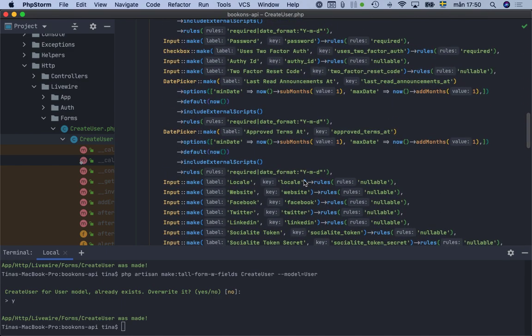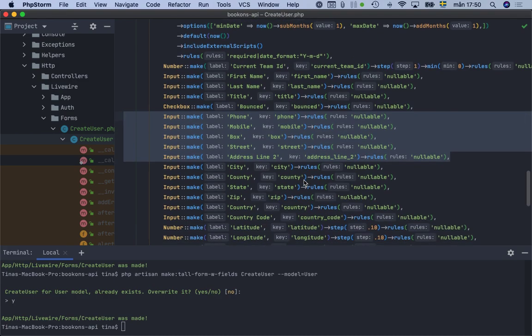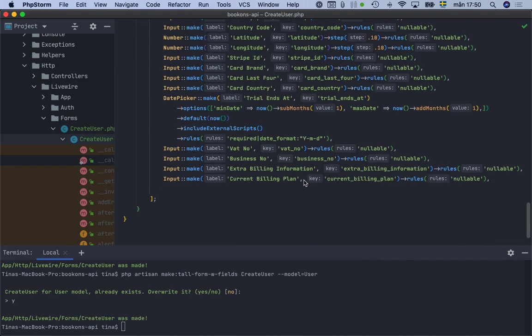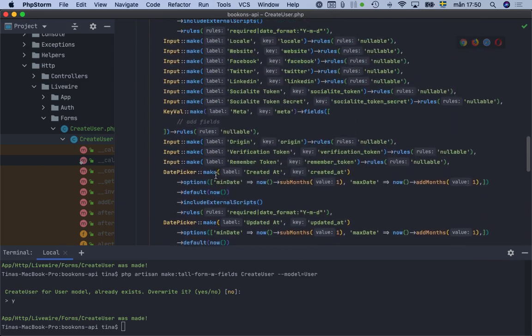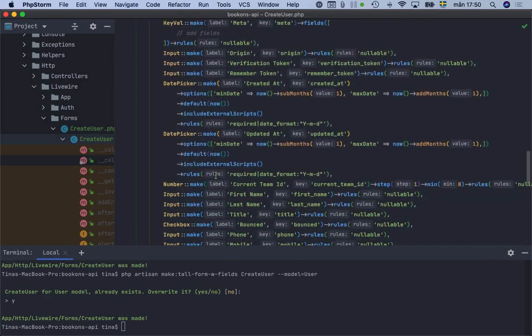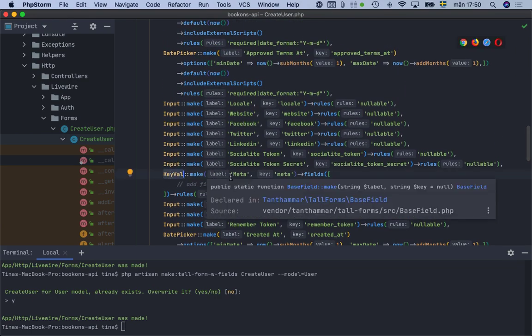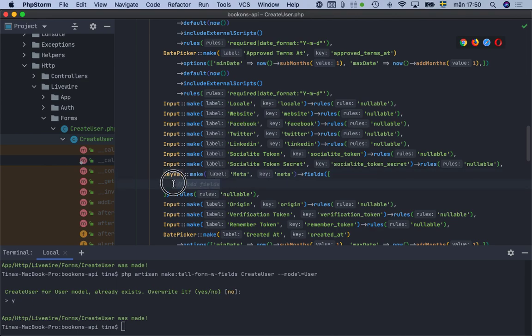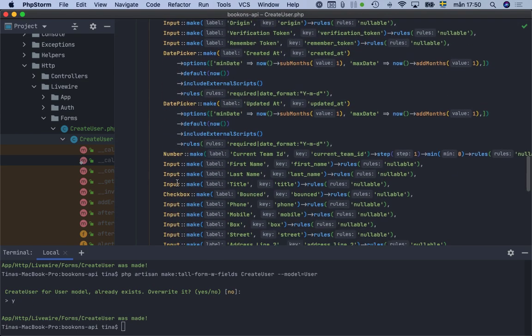This is just a mock-up. It's not going to work. You have to edit this. For instance, you can see the date pickers. You get a min date and a max date. Maybe you don't want that. Let's see if there's a repeater or something. Yeah, here's a key val. You have to add your fields yourself,